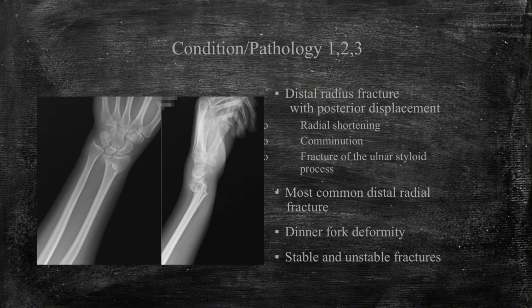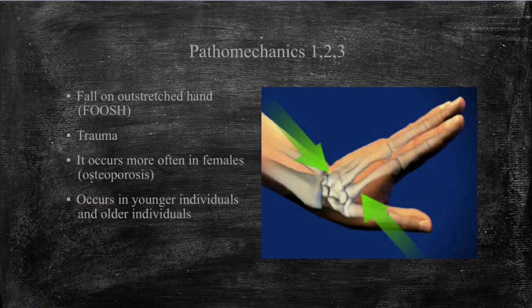And then there are two types, the stable and the unstable. The stable is present with minimal comminution, and an unstable is characterized by being comminuted with avulsion of the radial or ulnar styloid process. And then for the pathomechanics, we got a fall on an outstretched hand is the typical